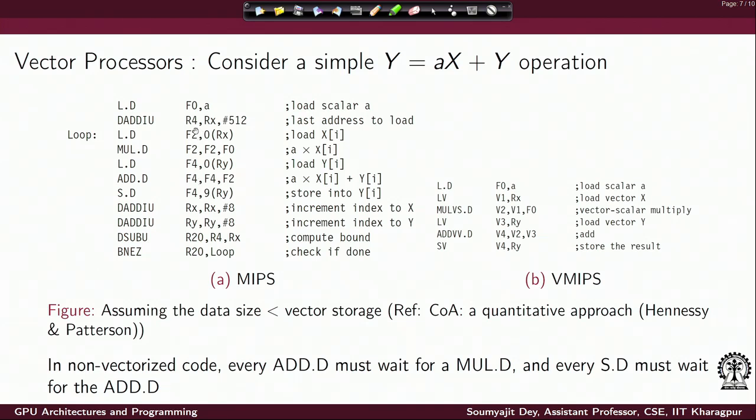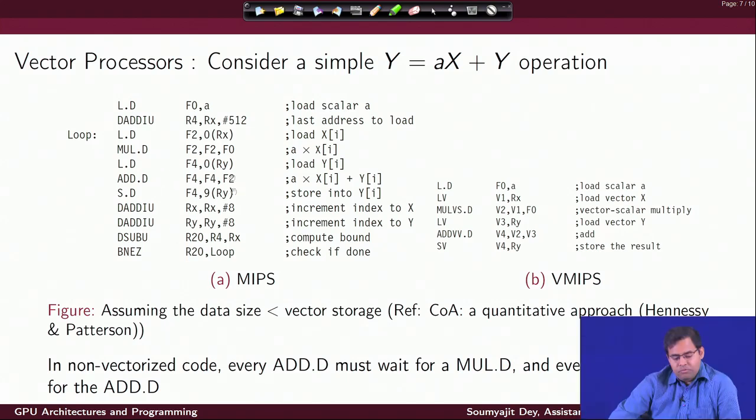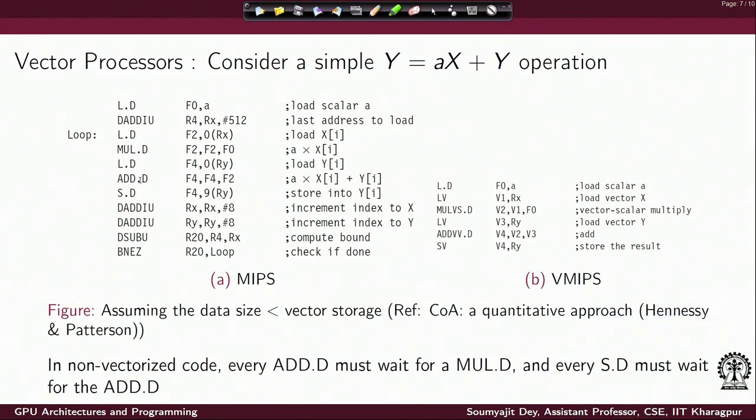So as we can see, in the normal scalar implementation, I need to have the loop with the loop iterator variable I. In each iteration I am doing practically axi plus yi, and then I am incrementing I. In each iteration I have the add, which needs to wait for the multiply, and also the store, which needs to wait for add. And this wait has to be done in each iteration of the loop. That is the whole point here.